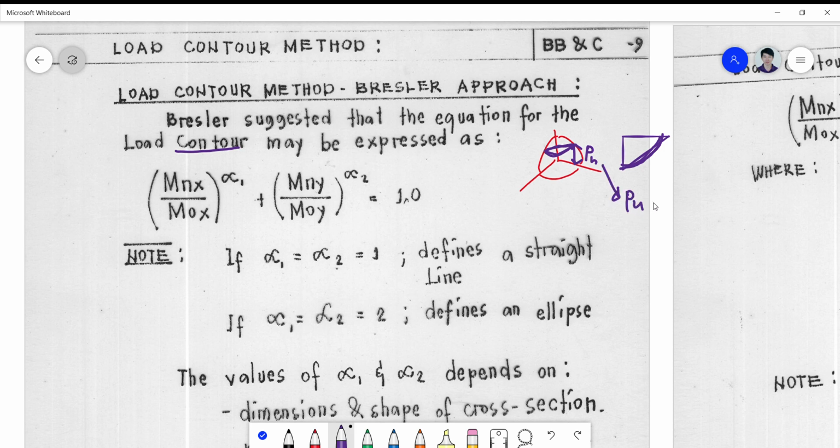We know that Pu is phi Pn. So we make use of a relationship of what Pn is in terms of Pu, and then describe the equation of this. The equation now is not a three-dimensional equation, it's only a two-dimensional equation on the Mnx and Mny